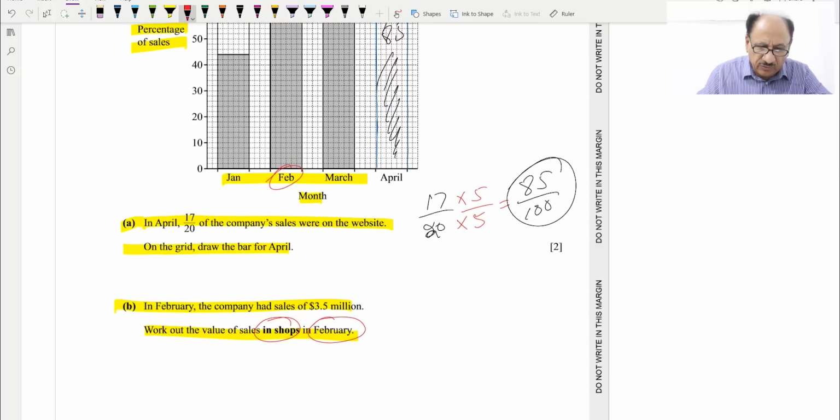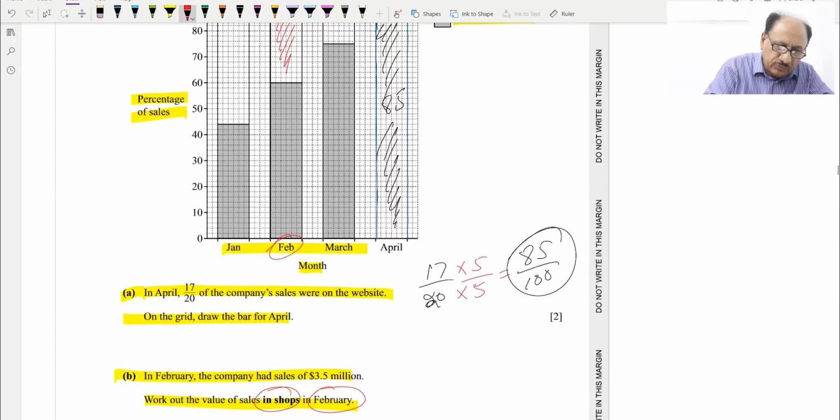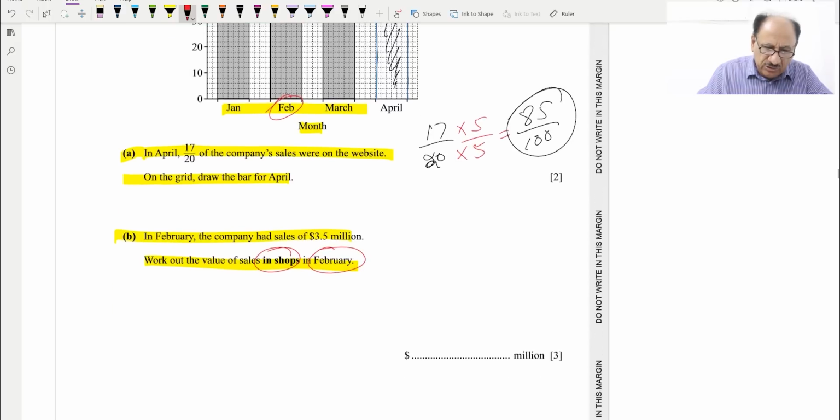Like for example, this is 40%. Up to this one we can check. This is 60, right? This level is up to 60. So 40 is in shop portion, so we can use 40%. 40 over 100 will be 40% into 3.5 million, and we can